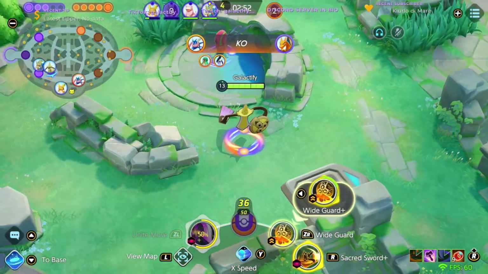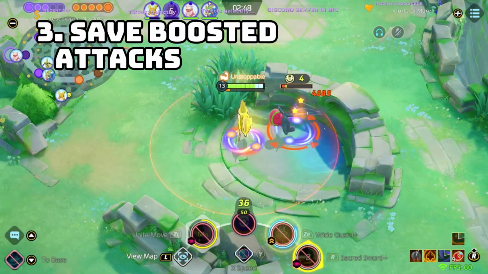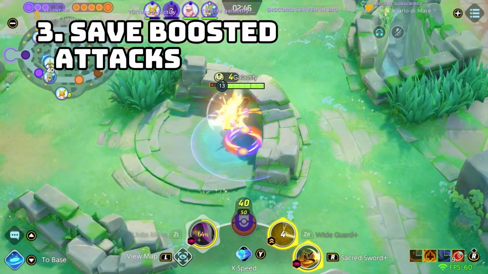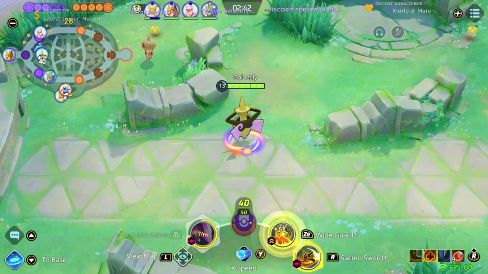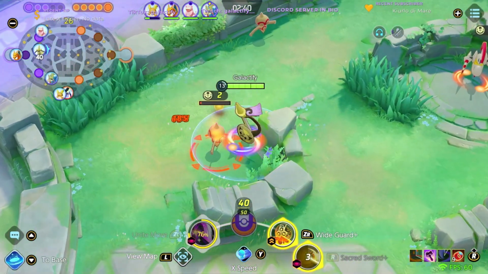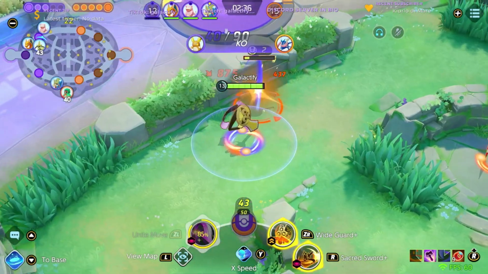The third thing that I can tell you is to save your boosted autos for the right moment. You don't always have to be attacking, so if it will secure a kill easier, wait for your other abilities to be available, like your Wide Guard, to stack up more boosted attacks for you to use